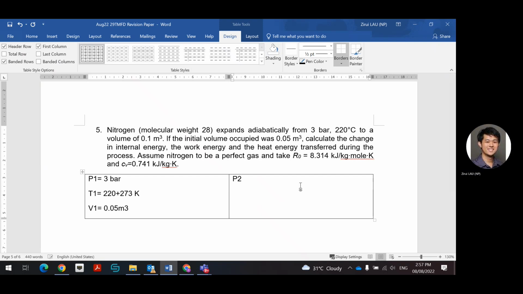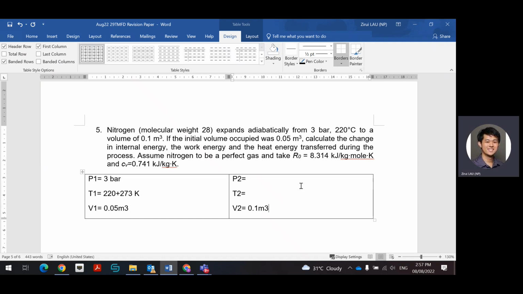P2, do we have P2? Don't have. T2, do we have T2? Don't have. V2, do we have? 0.1. Okay. And